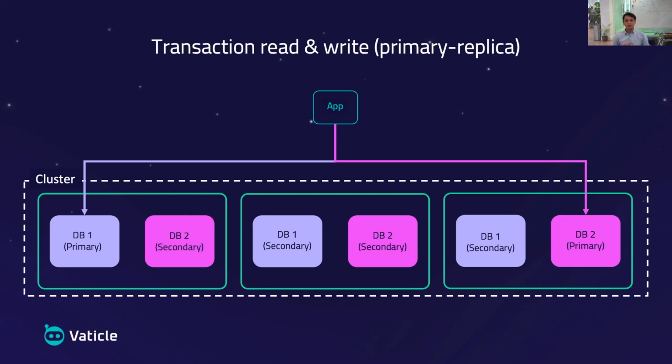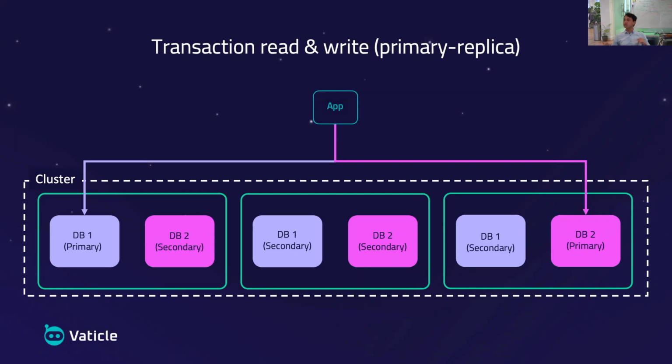So being able to split the primary replicas per database is a design decision that we took that allows applications to scale to some extent, because there is a form of load balancing going on here, such that the operations for DB1 and operations for DB2 are sent to different servers instead of all of them being sent to the same server. So this design is different from some other database systems.